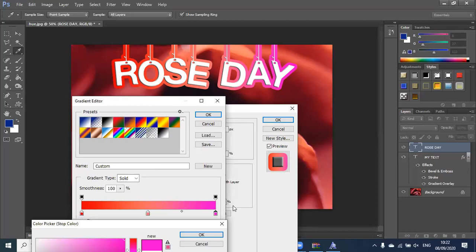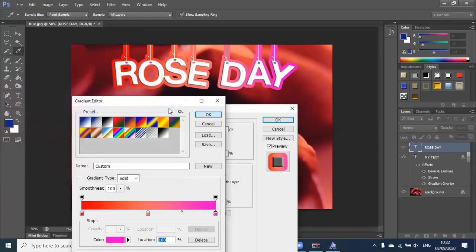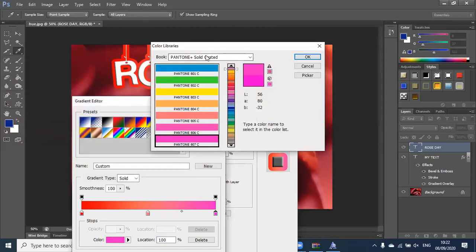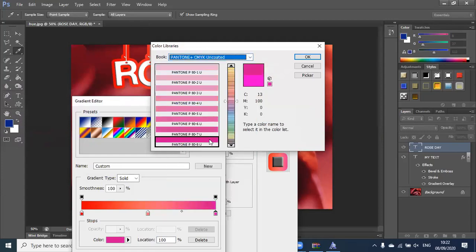So you can create your own gradient style depending on the various color schemes that you've learned. Last time we had done monochromatic and tetradic and so many other color schemes. So have a look at the chart, whichever color style you like, you can pick that up. Or else just go to color libraries and you will be able to see which colors look good together. If you are not able to understand anything, just pick up, it will give you shades of a certain color. Suppose this is one shade. Depending on which shade you like, I can just click on any one and it will give you shades of that color. And then from there, you can just use a picker and pick this shade like that. So that is possible. Correct?